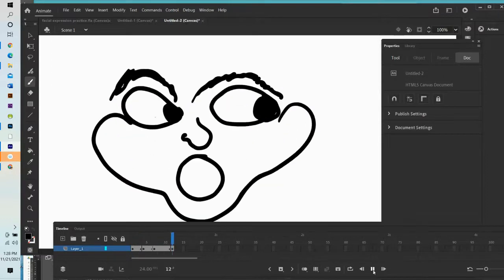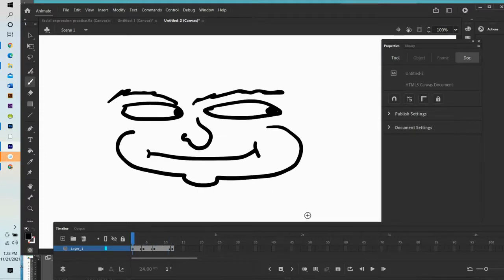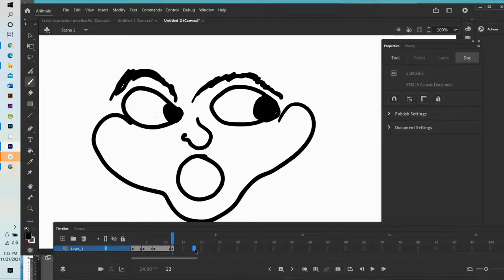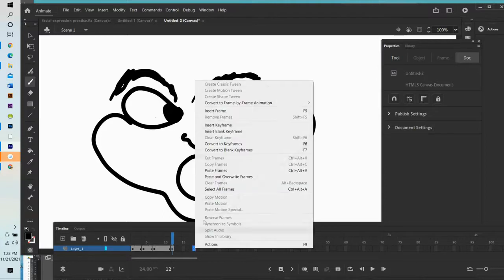And I'm testing it each time to make sure it works. So you just continue doing that. And notice that I am making sure that I plan the timing out from the beginning. So I go 4 or 5 frames down before I add another